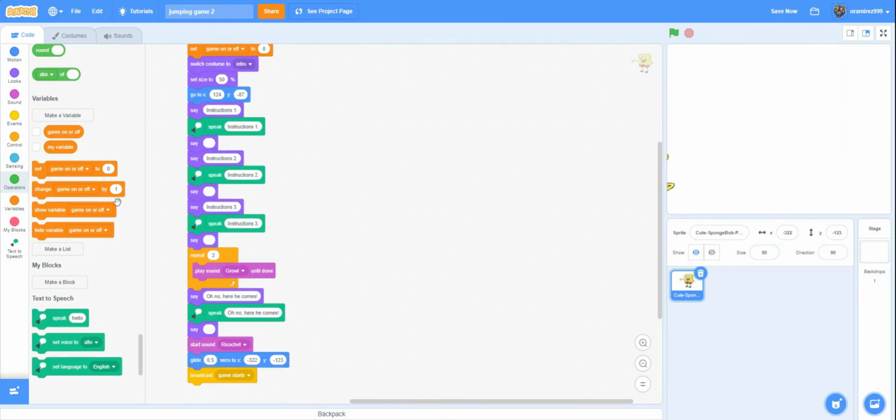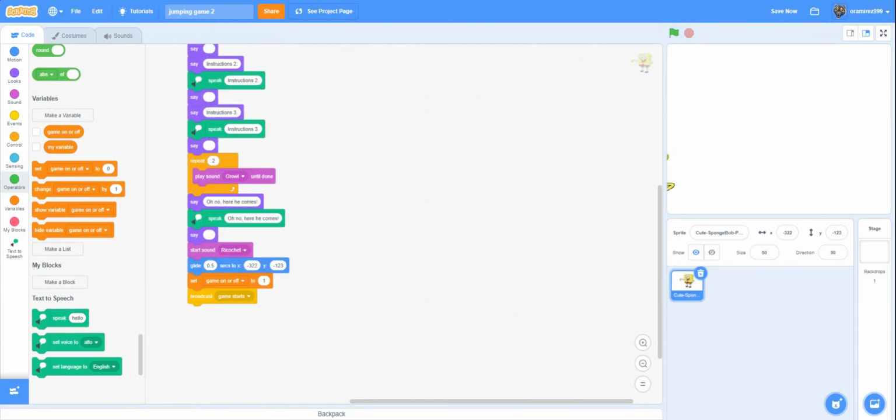Then after this, when we start with the game, we need to put here 1, all right? Now, that's it. So let's see. Instructions 1. Instructions 2. Instructions 3. Oh no, here he comes. There we are. So this is the